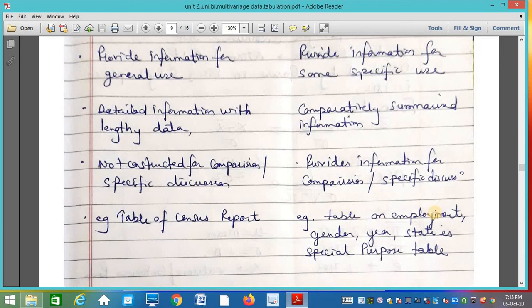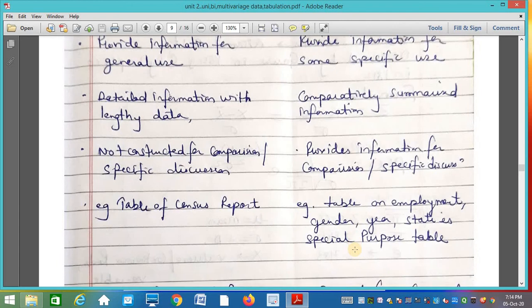Table on employment, gender, year and state is a special purpose table. So if you see a census report, you will find a lot of data in it. Besides employment, gender, year and state, there will be a lot of other information too. So from this report you prepare a special purpose table in which you take only employment level, state wise, year wise and gender wise.